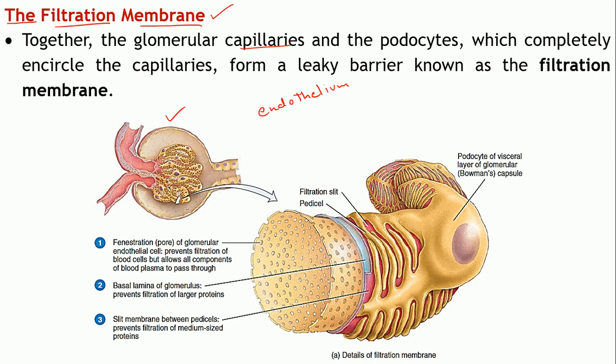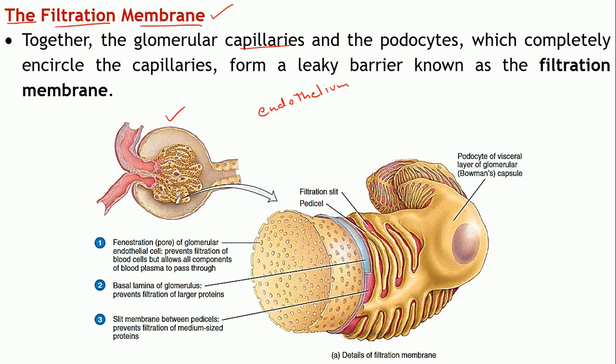Okay, so any substance which is dissolved along with the water can get filtered out through the capillaries because the gaps in between these endothelial cells are quite large. Also, there are some pores which are present in certain endothelial cells which aid in the filtration. So, let us see what is the arrangement present in this particular wall which makes it possible for the filtration to take place. So, it constitutes the filtration membrane.